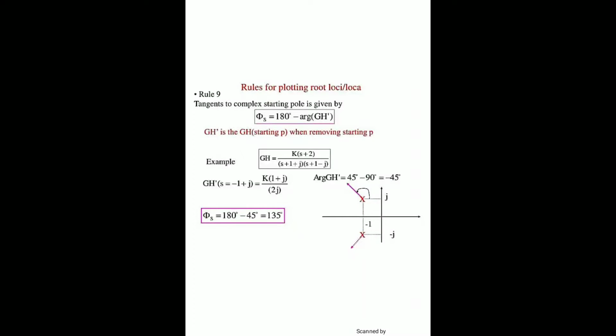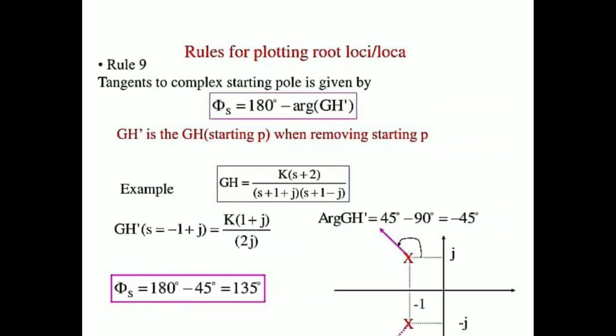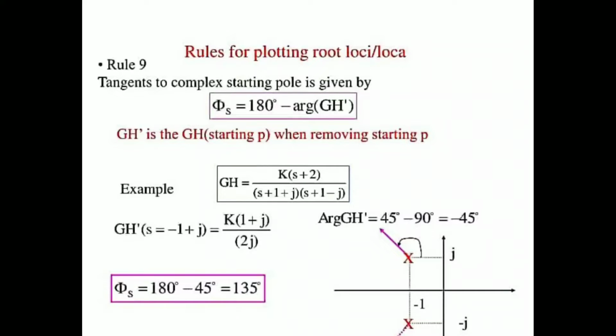And the last point is what? The last point of the root locus is the angle of departure and the angle of arrival. Angle of departure and angle of arrival are calculated only where we have complex poles and complex zeros. When we have a complex pole in the equation, we find the angle of departure with the help of the formula: angle of departure is equal to 180 minus the angle of the open loop transfer function.